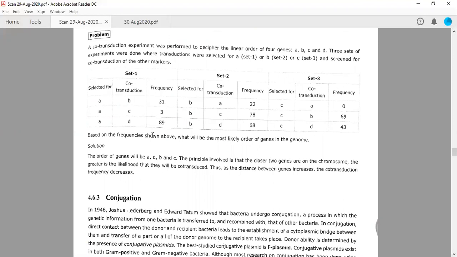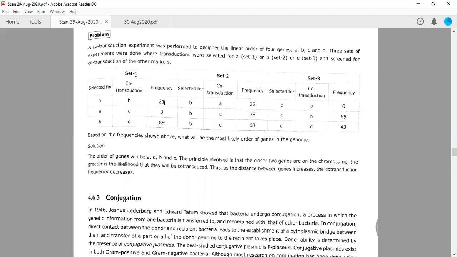Got it? Yes. So now you will make a table like this, and you try to find the frequency, what is the frequency of co-transduction out of the bacterial population you are having in your hand. So suppose if you are having a bacterial population, there are different cells which will show different gene expression, different phenotypes. Depending upon the phenotype and their frequency of co-transduction, you will record your data in this form,